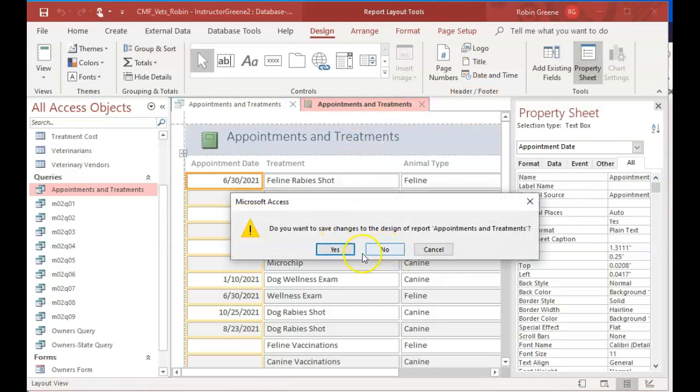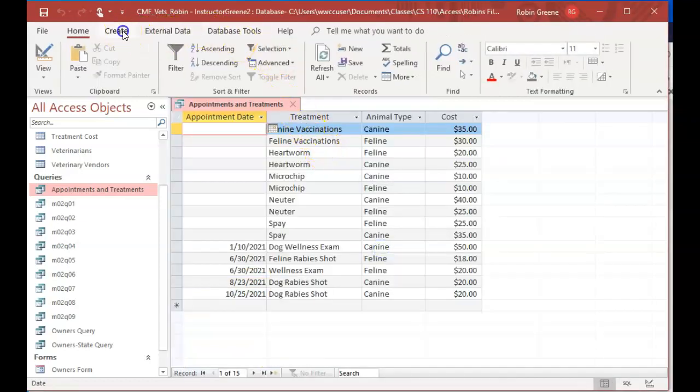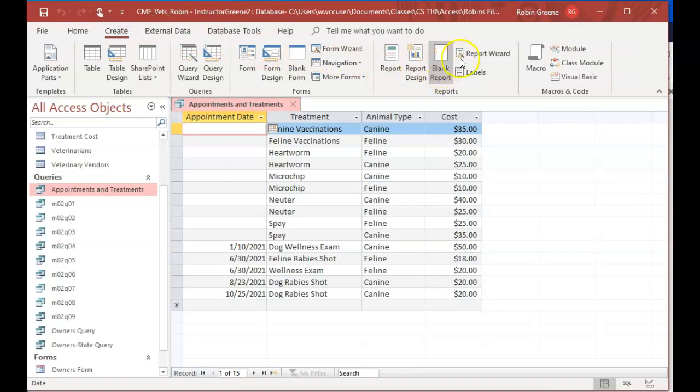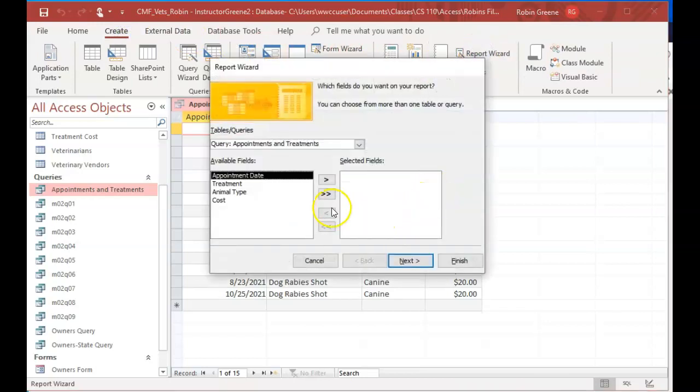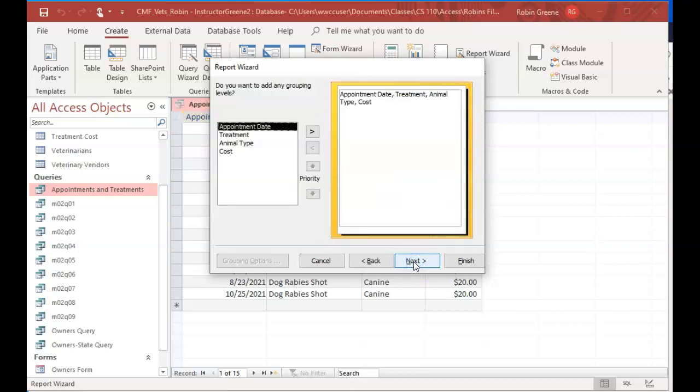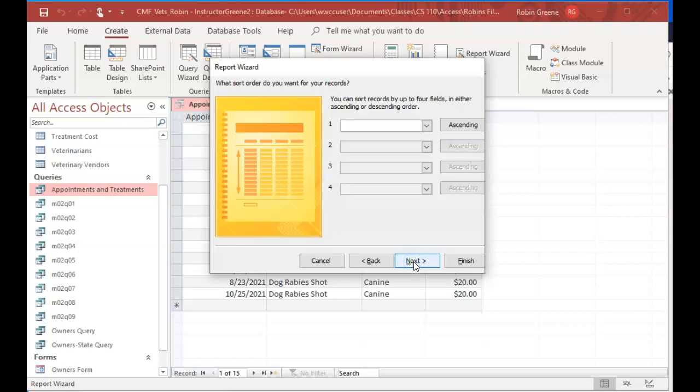See the difference about what that is. Let's go create query and report wizard, and we're able then to choose the appointment option and then all fields, and go next. Hit the next button without doing anything there,